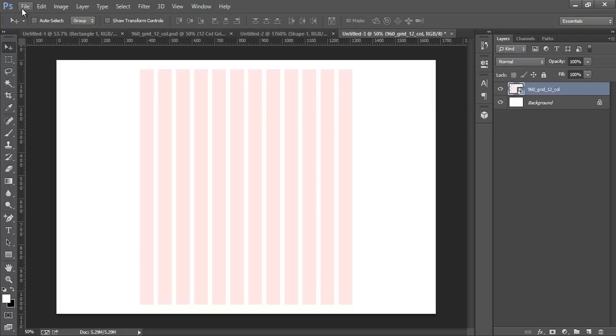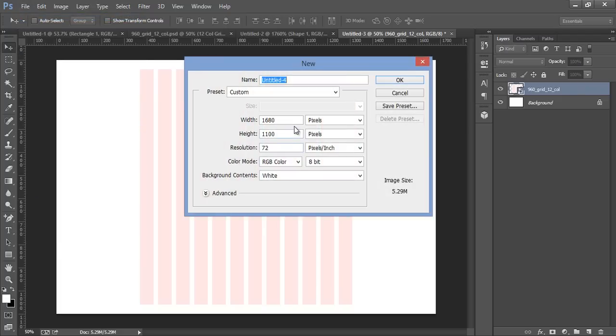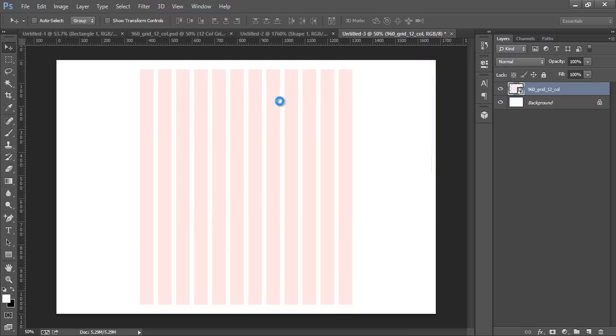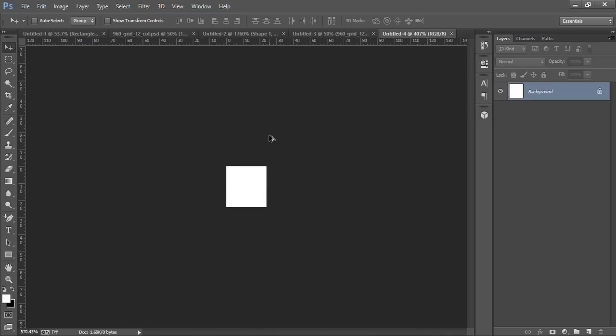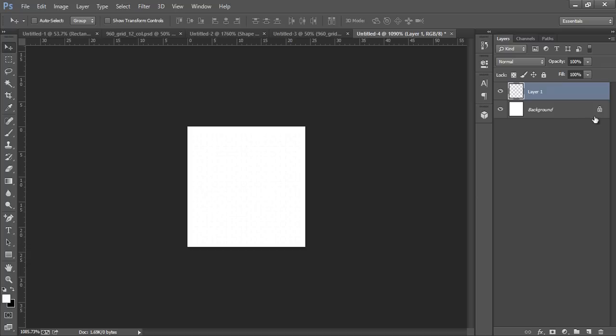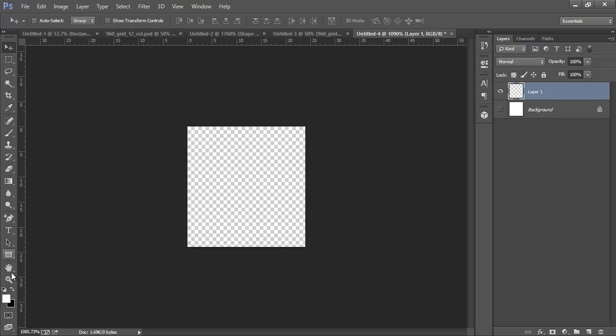Now make a new file again, click on New, then I want 24 pixel by 24 pixel, click on OK, then zoom in. Make a new layer, hide the white layer. Now use the line tool, the width should be 1 pixel. Now hold the Shift button on the keyboard and drag it, now move it to the bottom.